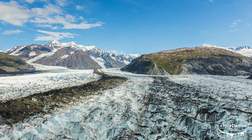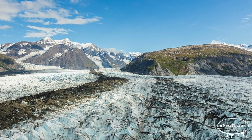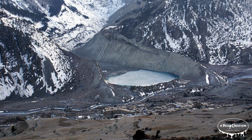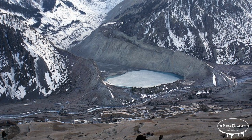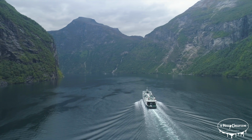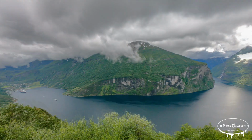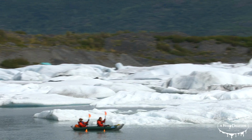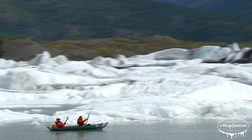Eskers are winding ridges of sand and gravel deposited by meltwater streams flowing beneath a glacier. Often, features like moraines are accumulations of rock and debris at the glacier's edges, whereas fjords are deep, glacially carved valleys filled with seawater that further showcase the diverse landscapes created by glaciers, each telling a story of their icy